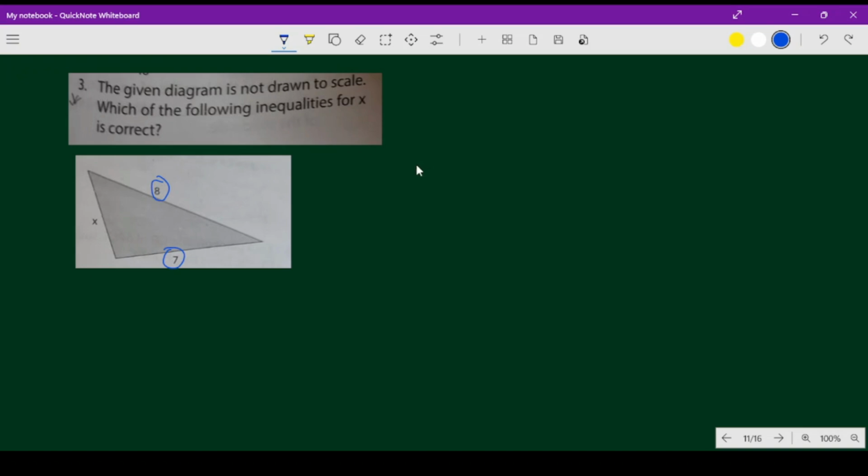So x is less than the sum of 8 and 7, because the sum of two sides is bigger than the third side. So it means x is less than 15. This is the one result we got. And also we have learned the difference of two sides is always smaller than the third side. So if we take the difference of these two, 8 minus 7, this will be less than the third side, which is x. So 8 minus 7 is 1, which is less than x. So we are getting the value of x which is less than 15 but bigger than 1. So if we draw a number line,